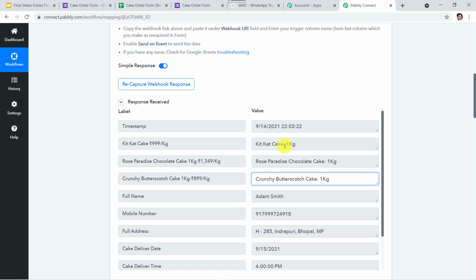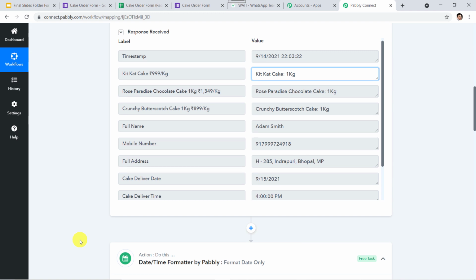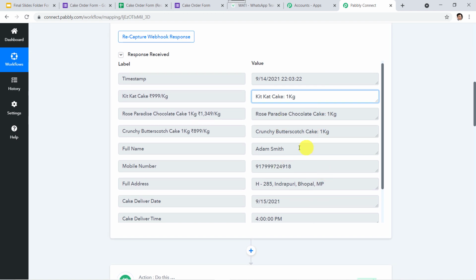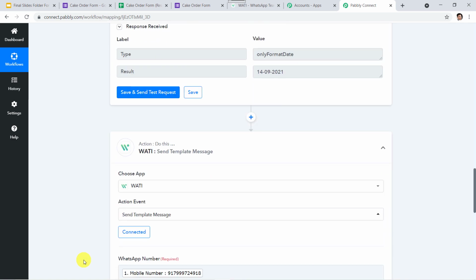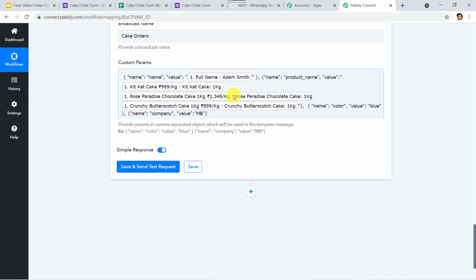If the values are blank over here, if we have selected only 1 cake and other 2 are left out, this will give an error and it will not work. Okay, this workflow will not work properly. So for this, first time only we have to give the values. So that is why we are selecting all the 3 cakes. We have selected KitKat, Rose Paradise chocolate cake, even the butterscotch cake also.